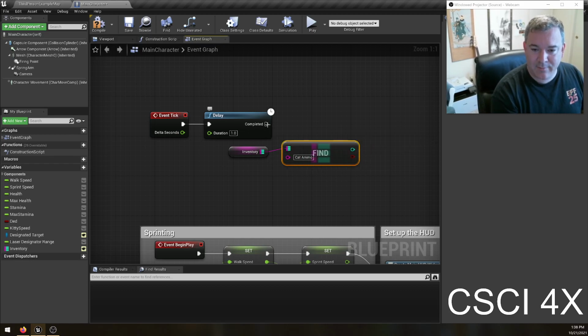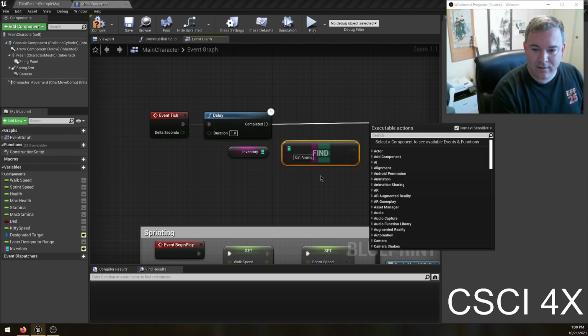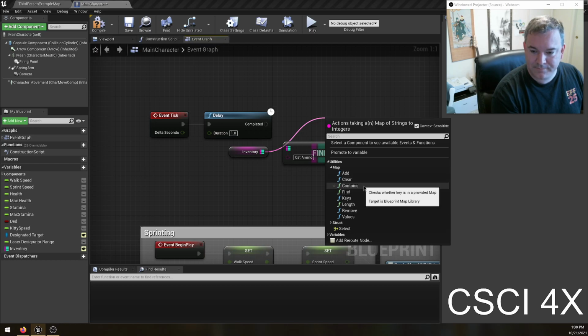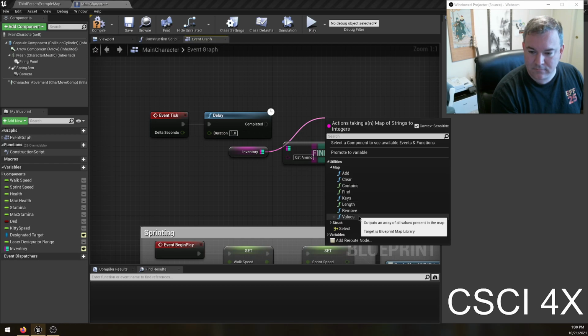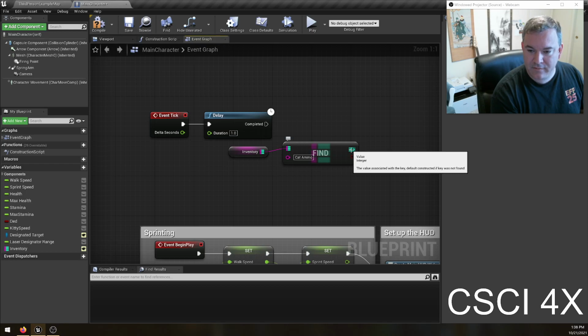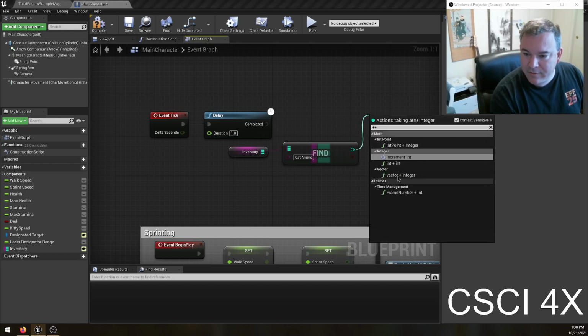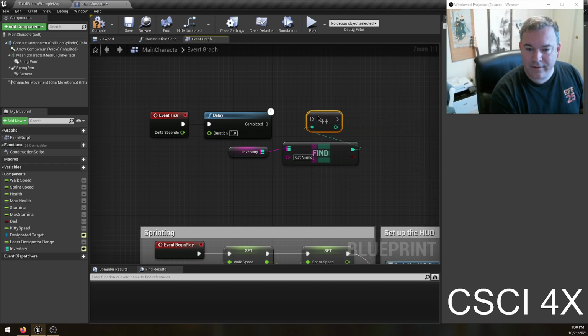So we'll get the amount of cat ammo, and that is our amount of cat ammo, and then we can just increment the integer. There we go. So we will increment the amount of cat ammo by 1, and we will then